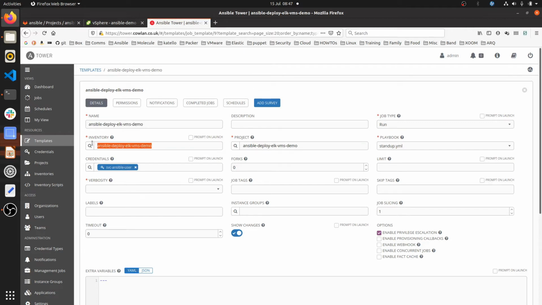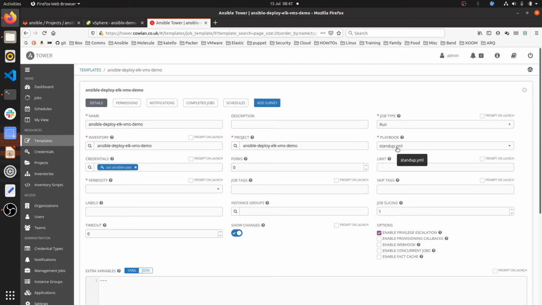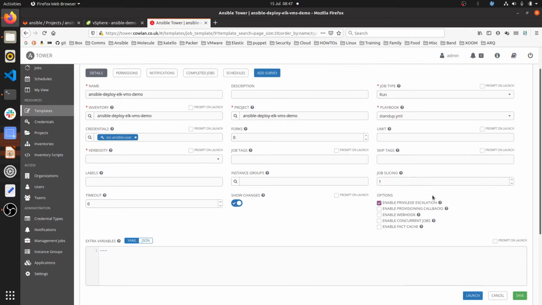It's using the inventory, which we created here. It's using the credentials, which we created here. It's using the project, which we are syncing. It's a run type. The playbook is, there's a number of playbooks within this project, but the one we actually need is stand up, and we need to enable privilege escalation. So that's the